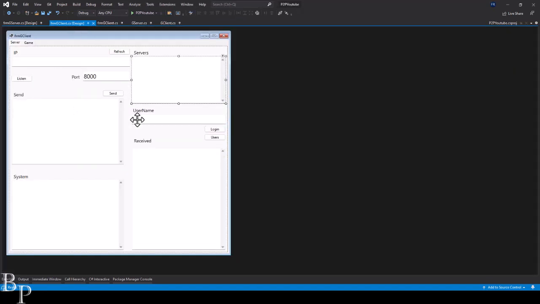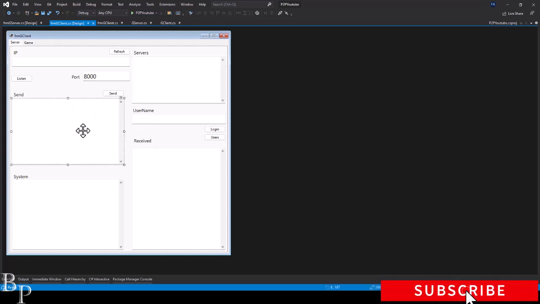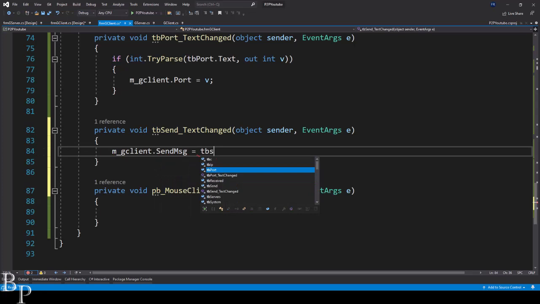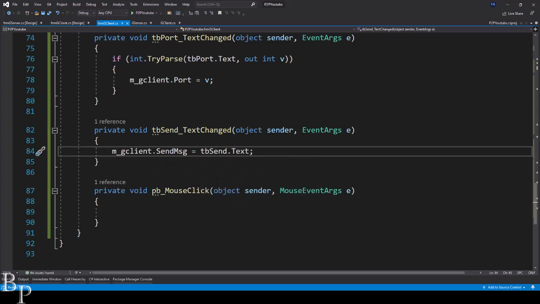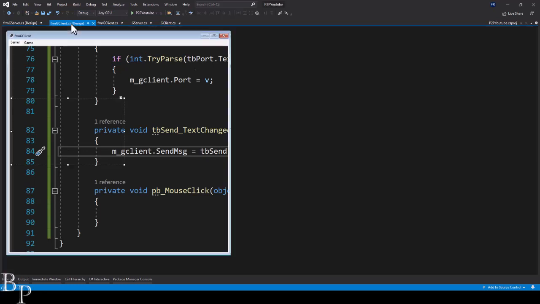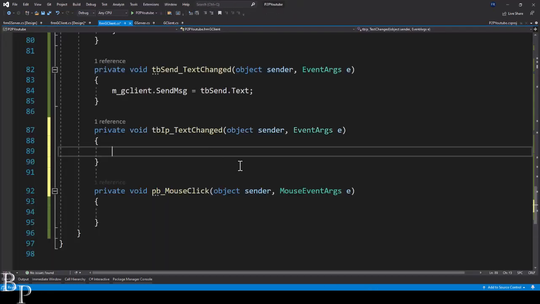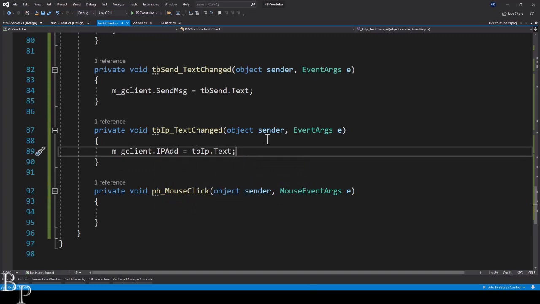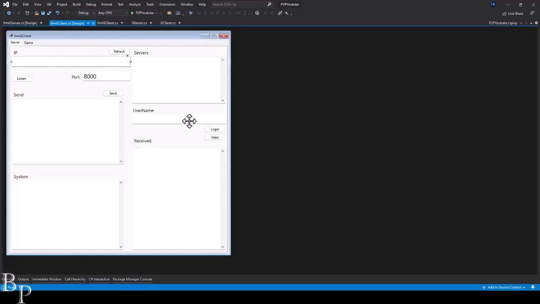Now that we're working with a secondary class, we need to have a text change on our send message. It will not know what to send. And when our IP address changes, we need to have a text change on the IP address. And when the username changes,